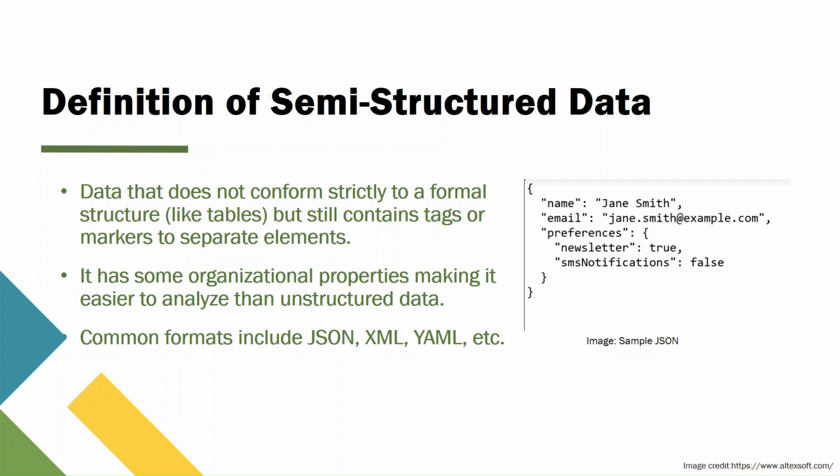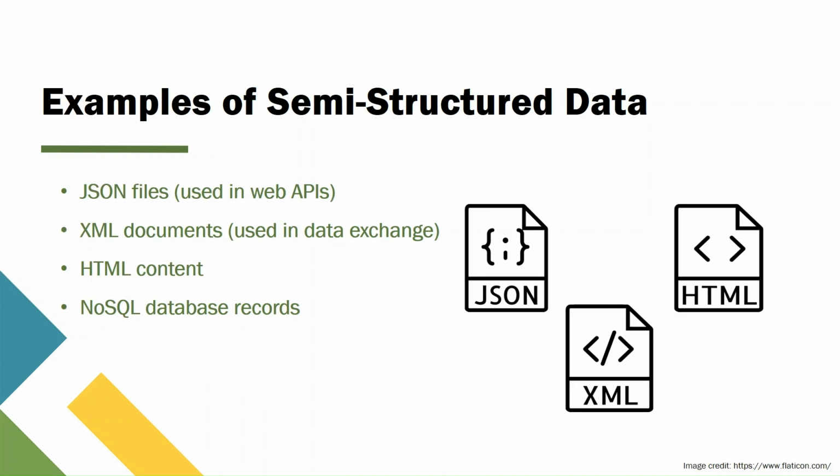So the common formats include the JSON, which we just saw in the image, also XML, also YAML, etc. So these are a few examples of semi-structured data: JSON, XML, HTML, and NoSQL database records such as MongoDB records, etc. All these types of semi-structured data are used in either web APIs or data exchange or creating the HTML files